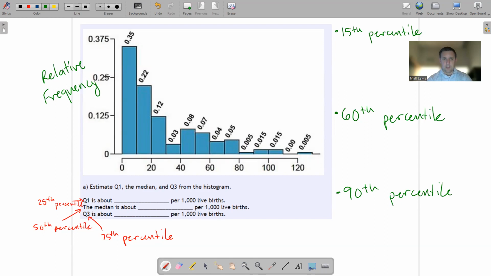So the way to read this is to say, if I notice that this bin that goes between 0 and 10 is at 35% or at 0.35, that tells me that 35% of the data is between